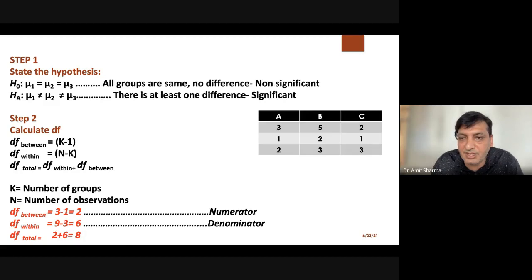Sir, in the test, if the calculated value is greater than the table value, then we are rejecting the null hypothesis. Then why in ANOVA is it the opposite case? See, for each statistical test, because we are not using the same table, these tables were made by the person who invented the test.